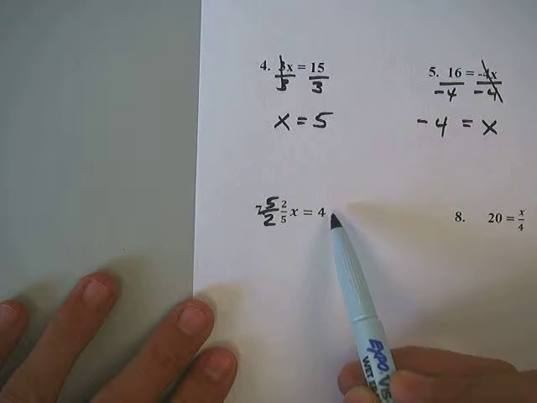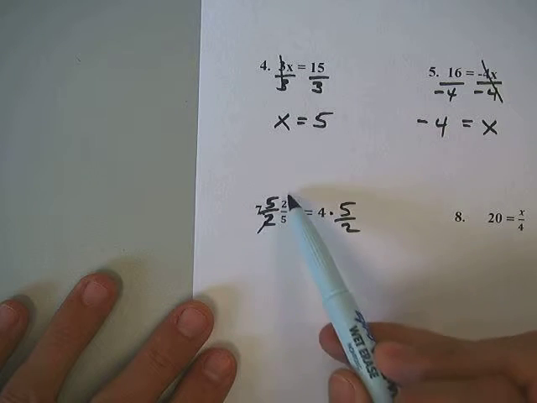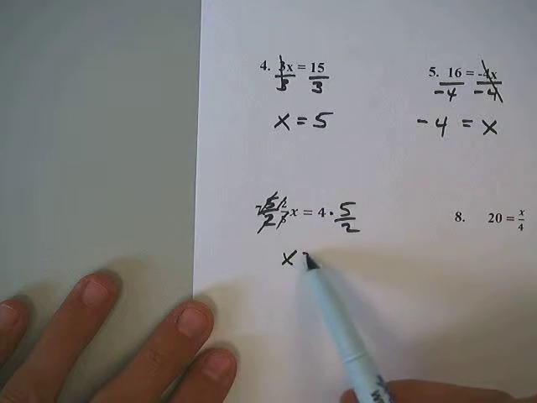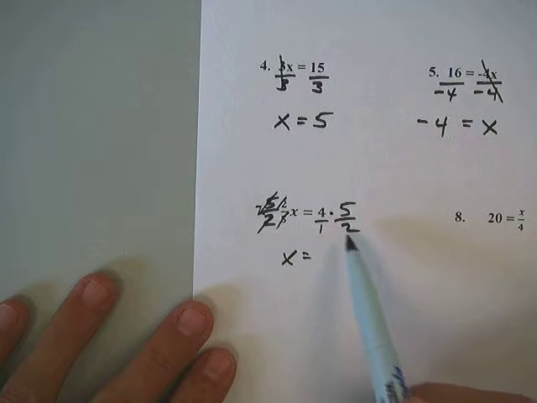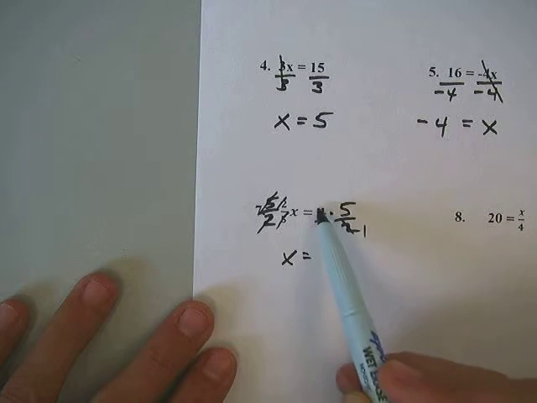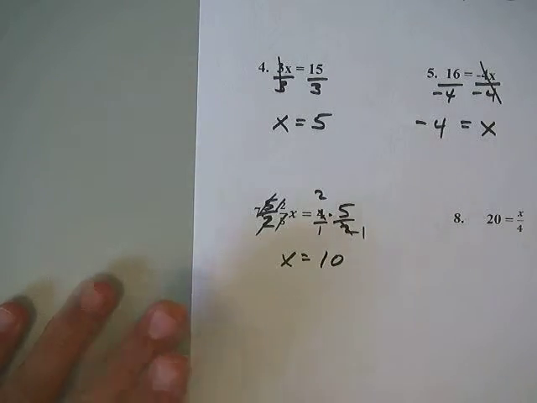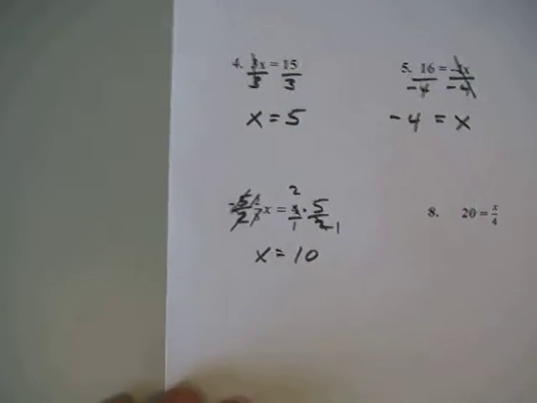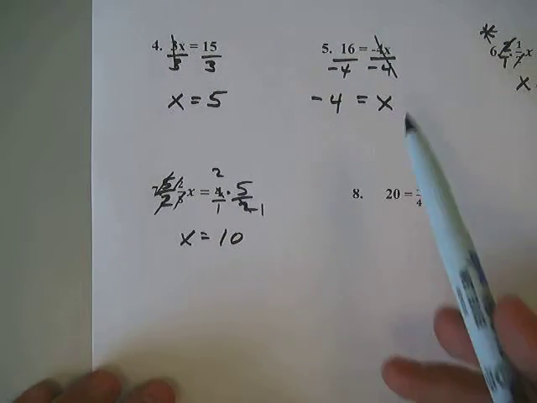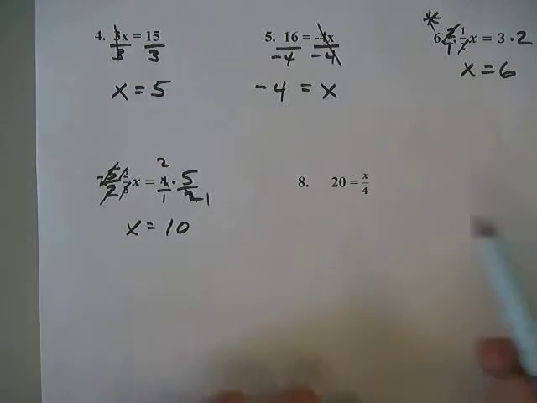This next one says 2/5 x equals 4. So I'd multiply by the reciprocal, which is 5 over 2. These would cancel, and I get x equals 4 times 5 over 2. Well, that's 4 over 1. Let's do a little cross canceling. 2 goes into 2 once, into 4 twice. We get x equals 10. So that's really the only thing that I wanted to talk about in terms of special cases when it